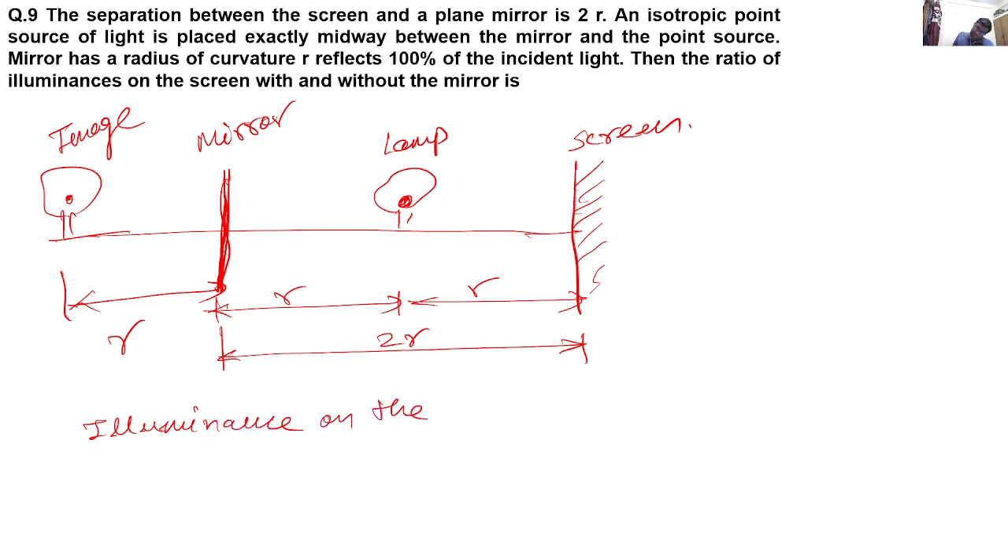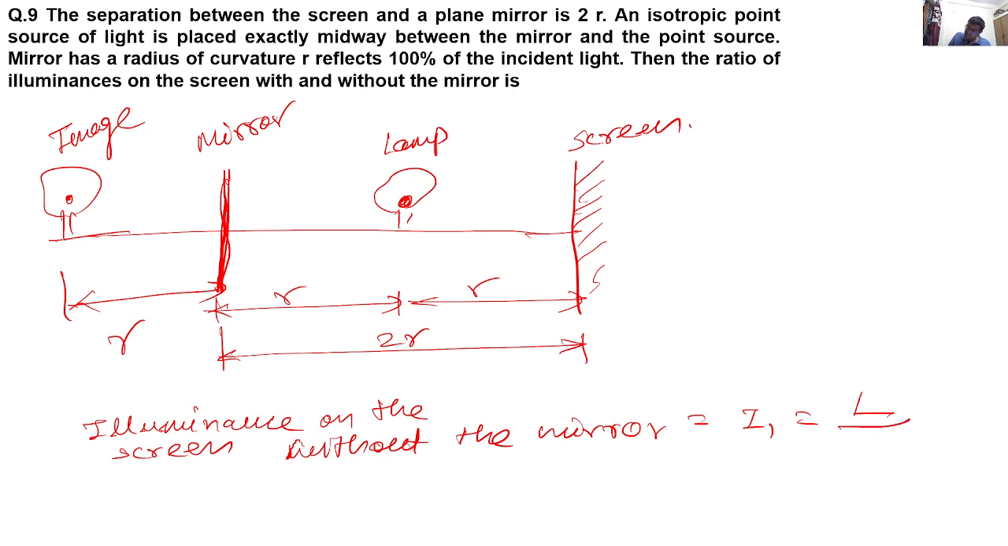on the screen without the mirror is straightforward. It is I1 equal to L by r square, where r is the distance between them, this distance I'm talking about. And illuminance with mirror on the screen,